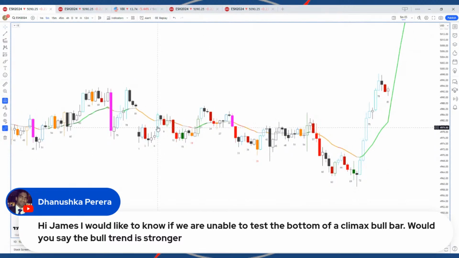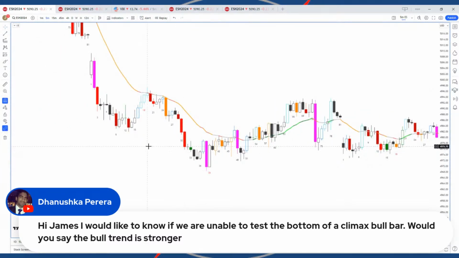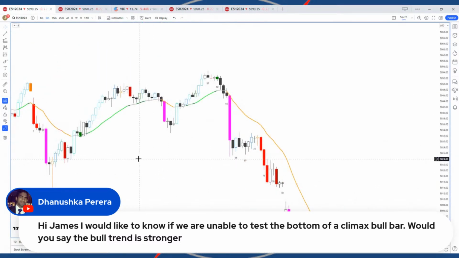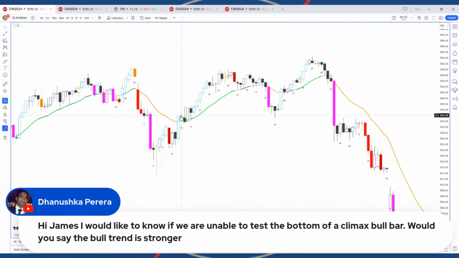So this was a climax bar that obviously failed. This is not a climax bar. To be fair, they don't often get follow through, so it may be a fool's errand looking for this. This one did not get follow through. So this is a climax bar, this cyan color. It didn't get follow through, but it also generated the outside bar, another inside bar. So outside, inside, and then trend resumption from there.